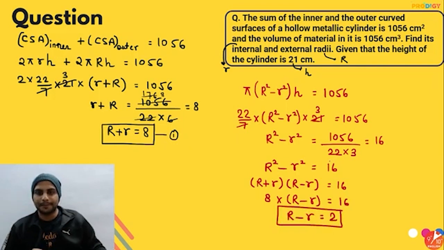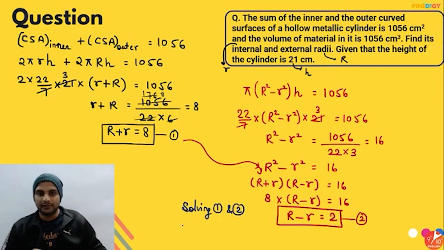Right? Alright. So, when we substitute this equation in this particular form, R plus r is equal to 8, we got the second equation, capital R minus small r is equal to 2. Now, equation 1 and equation 2 are an example of linear equation in two variable, right? So, I can say solving 1 and 2, we can add both the equations. 2R is equal to 10. We will get capital R is equal to 5 and small r is equal to 3 centimeters. Right? So this will be an easier way of solving it.